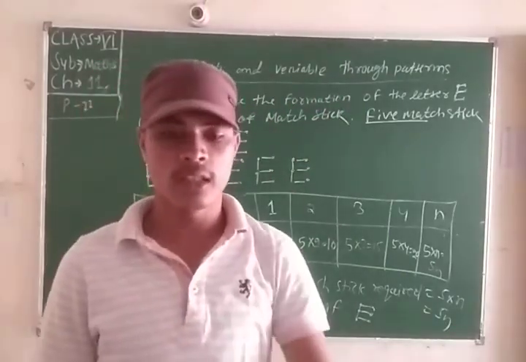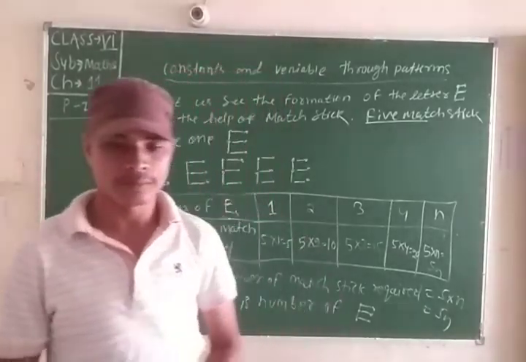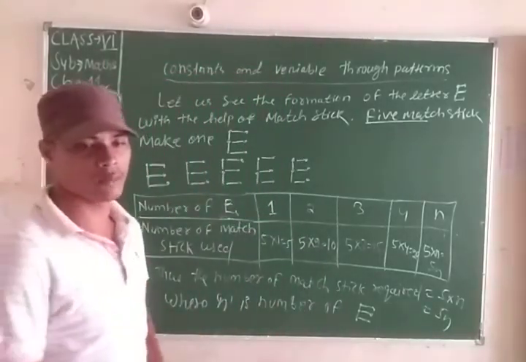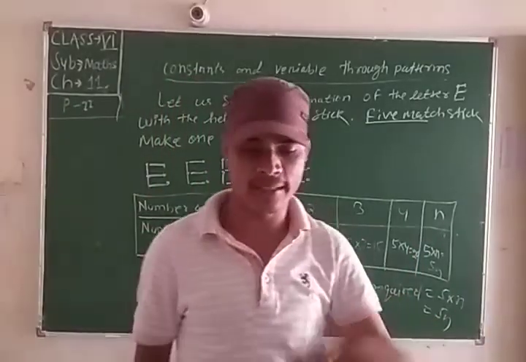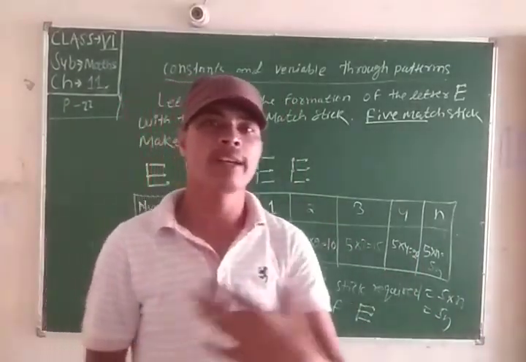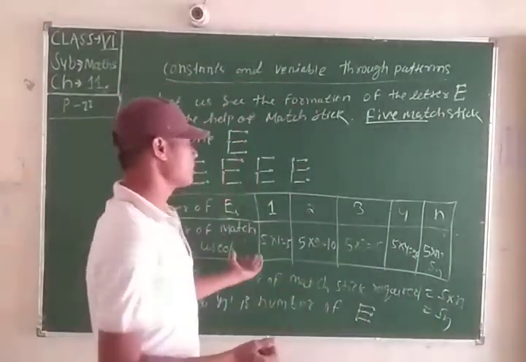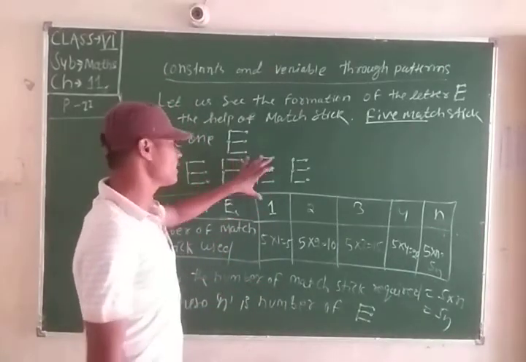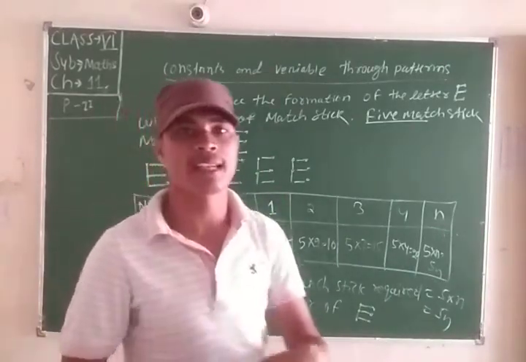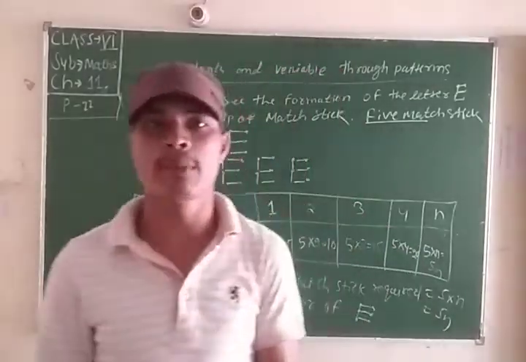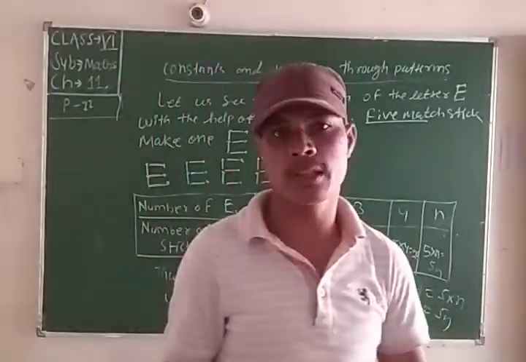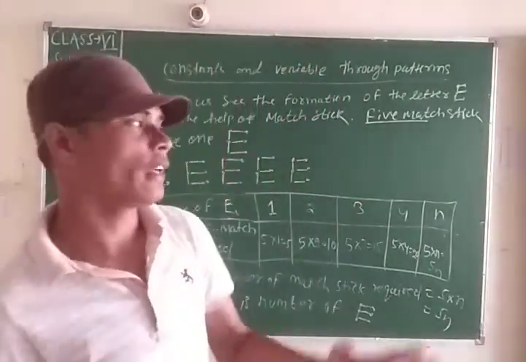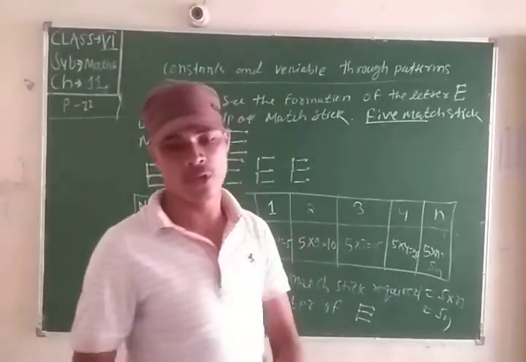Okay, clear about it? Now we will learn about the next topic, which is words. Furthermore, we can also take more examples like this. You can also take examples yourself and make such tables. Suppose let's take the alphabet A. Also take examples of the square, the pentagon and the hexagon, and make tables and try to do it yourself.